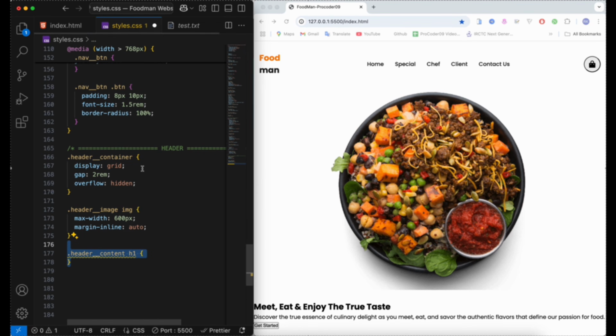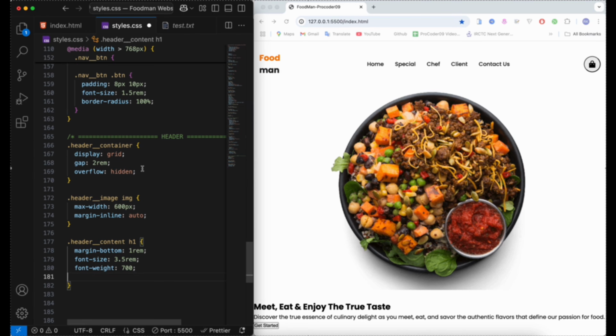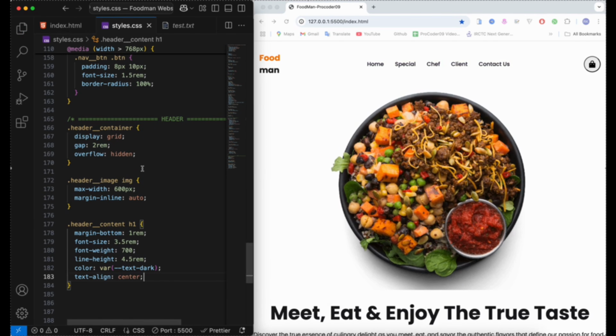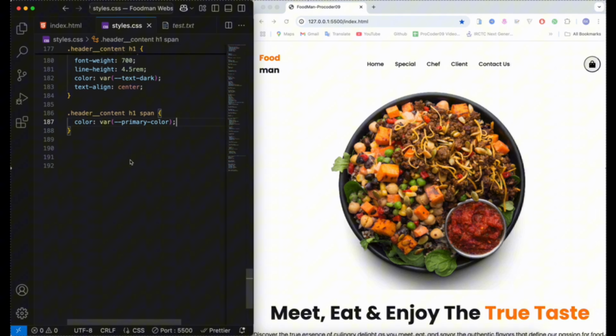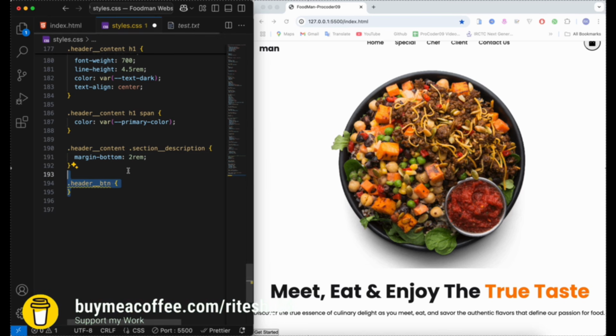Now the image sets. After that, header content h1, and your margin-bottom will be 1rem, then font-size 3.5rem, font-weight 700, line-height 4.5rem, color will be text-dark, text-align center. Okay, now it looks great. Then for the span part here, add primary color, and for the section content and description, add margin-bottom. Let's move over here. Now header button will be text-align center,